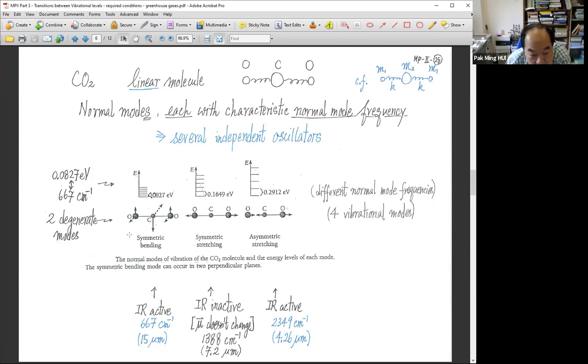They are degenerate, okay? They are the symmetric bending, okay? So one is, I think, this is going down, the other is going up, okay? So something like that, or going in front, backward, okay? Now,